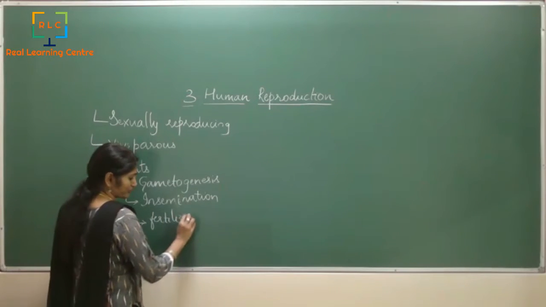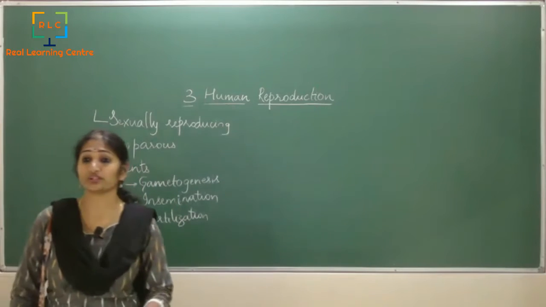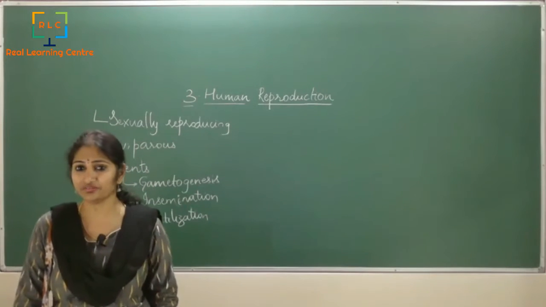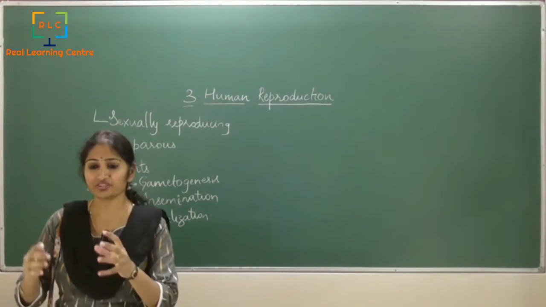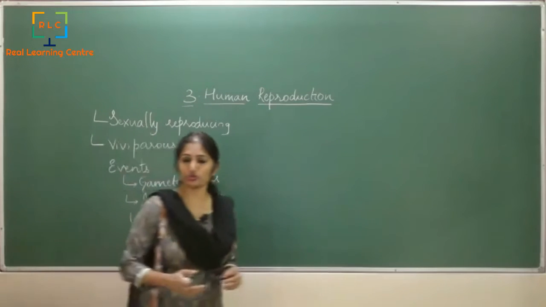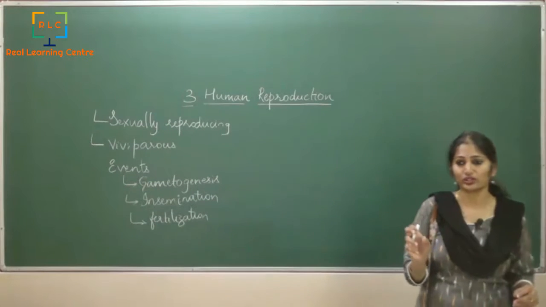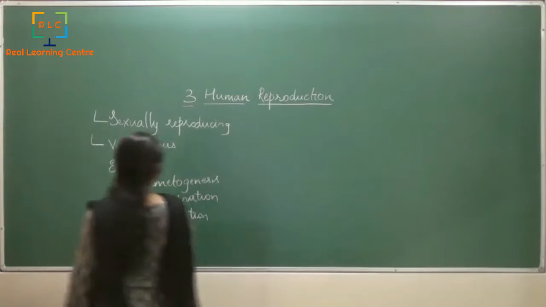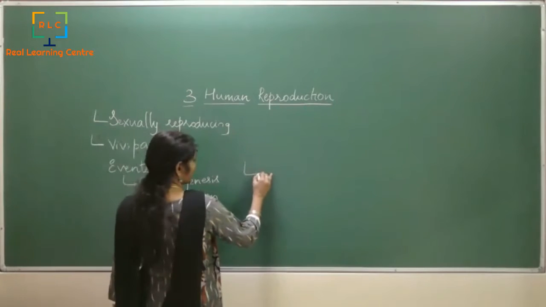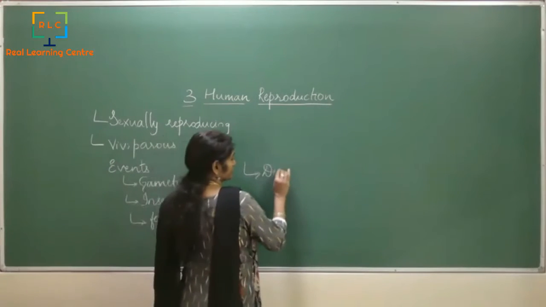This is the next step where you see that there is fusion of the male gamete and the female gamete, right? And after this fertilization happens, I'm sure you know that there is formation of a zygote. Now this zygote would undergo development, okay? So after fertilization, I would write the next step here. After fertilization, the next step is